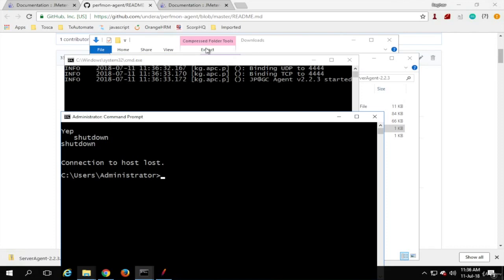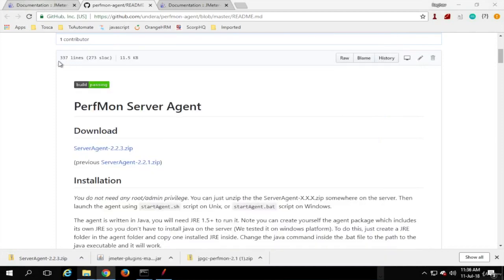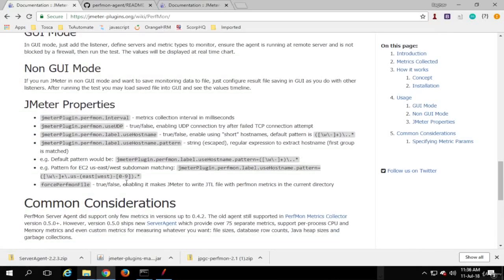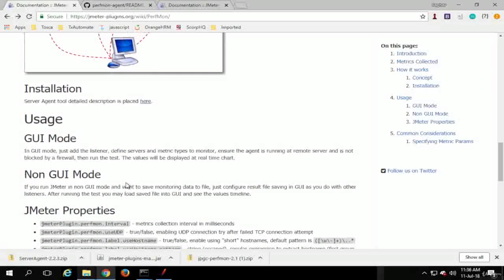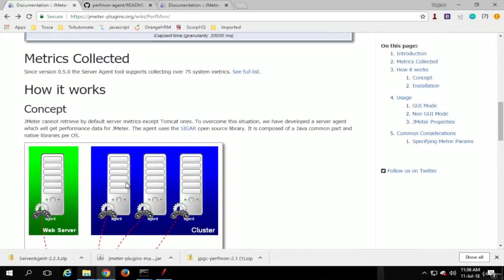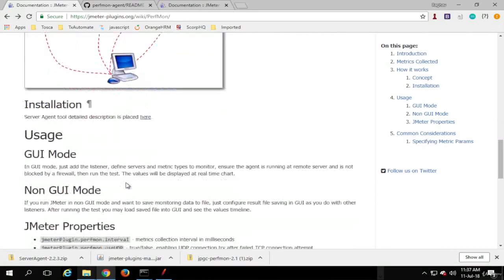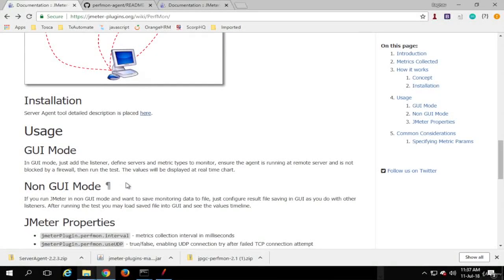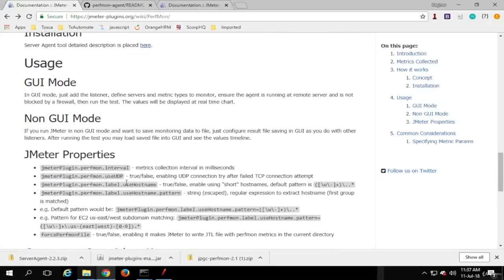Now at this particular step, you might face some issues if your server is a separate system. I am doing this on the same system just for this demo. So you might face some issues, and for that you can go to this documentation, where they have given some documentation that you can use to check. One important thing is you should make sure that your port 4444 is available for connections from outside. In case you are not able to follow up, you can take help from your networks team or operations team.